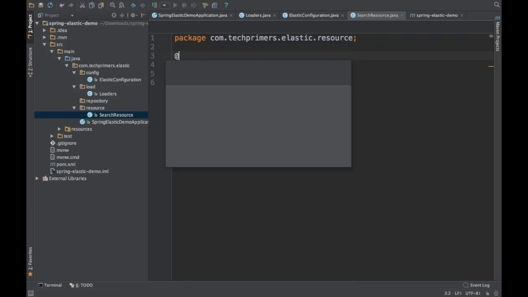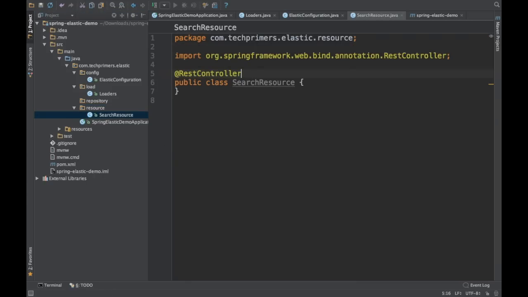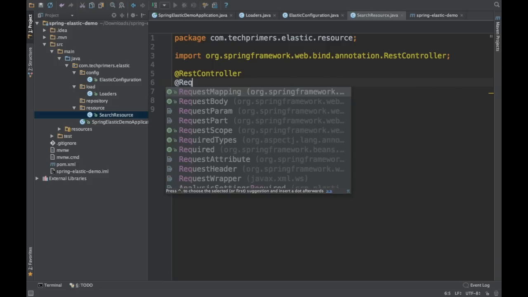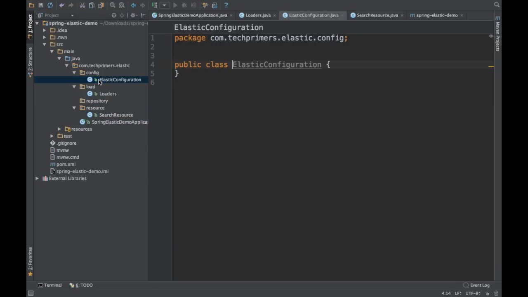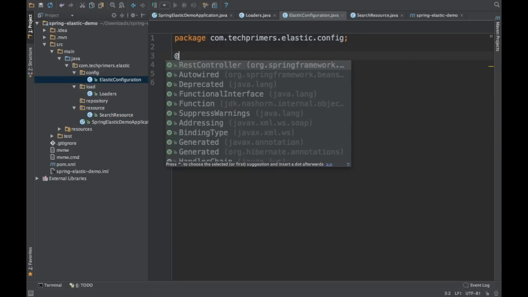For the search resource, I'm going to annotate it with REST controller. This will become like a REST endpoint. Also, I'm going to give the request mapping as slash rest slash search, and then we will have other methods. Let's come to that later. First, let's go through the configuration. So for the Elasticsearch configuration,